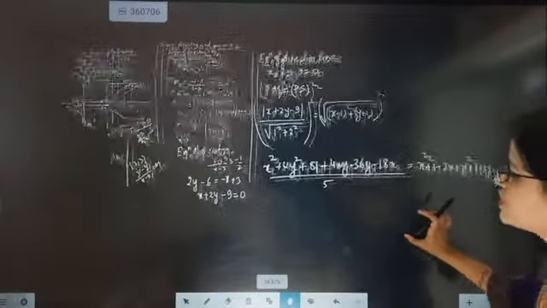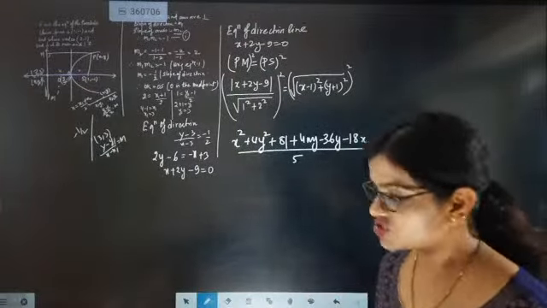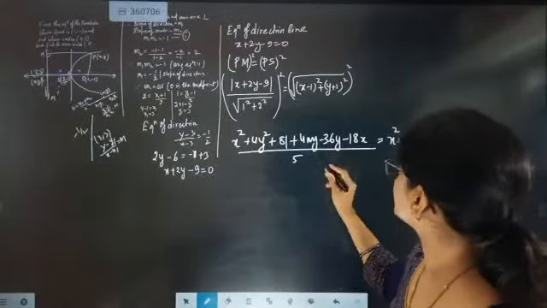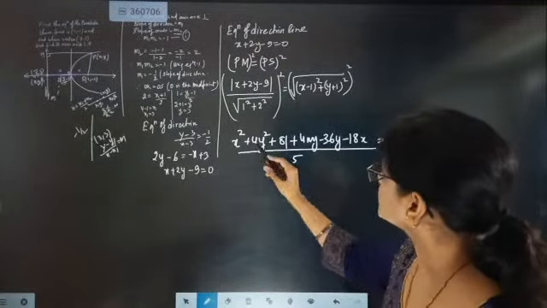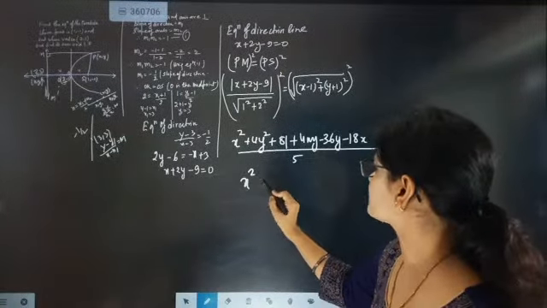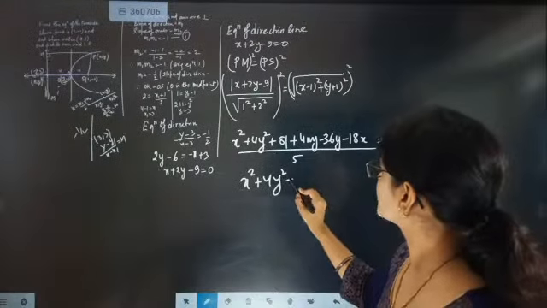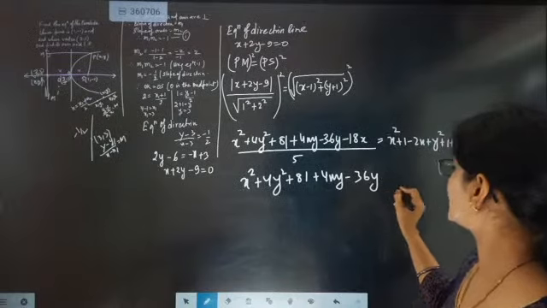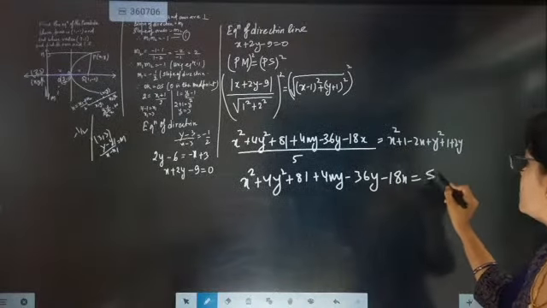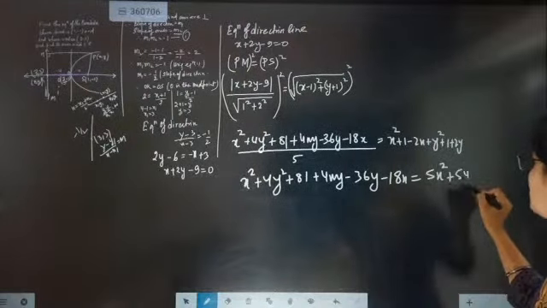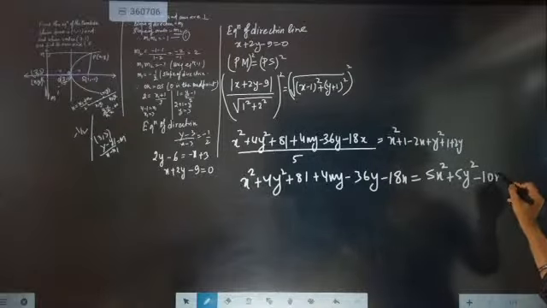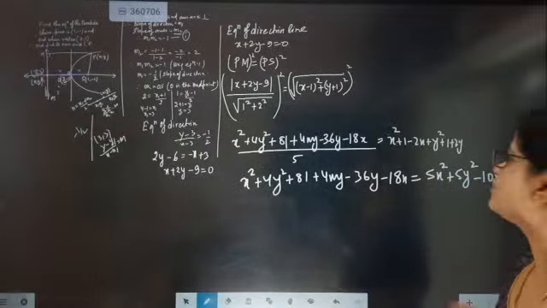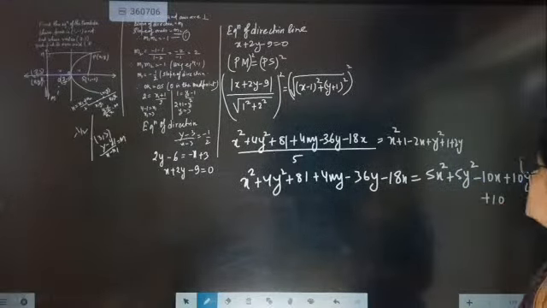So now only a small work remains. The equation of the parabola is very near. Just check my equation values. Okay, only one small work. Check my equation values. So it is exactly coming as x square plus 4y square plus 81 plus 4xy minus 36y minus 18x equal to 5x square plus 5y square minus 5 2s are 10x plus 10y, and here it is coming as 1 plus 1, 2, 5 2s are 10. So now we got everything.